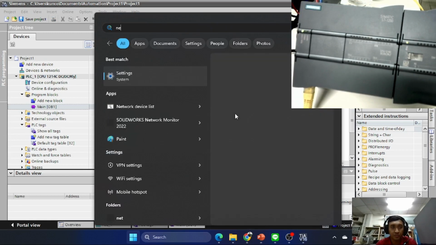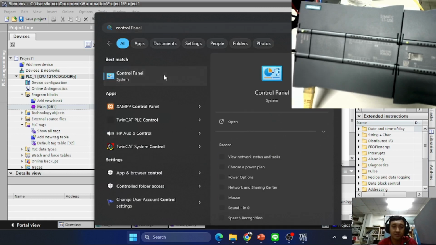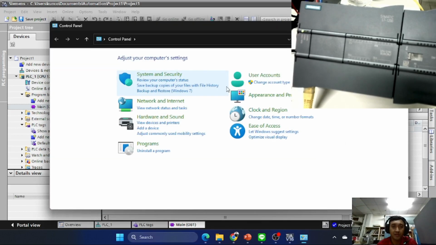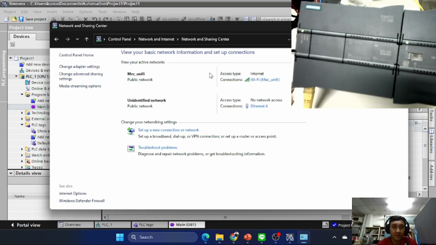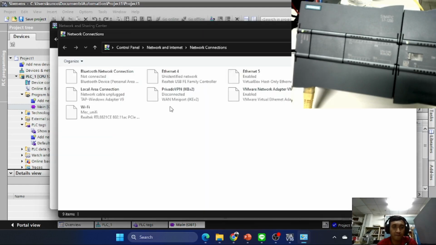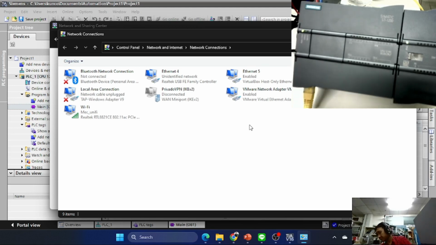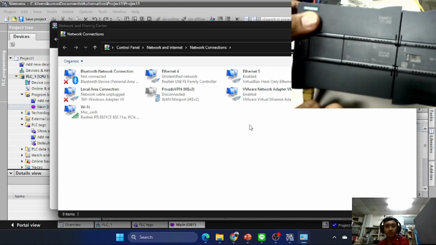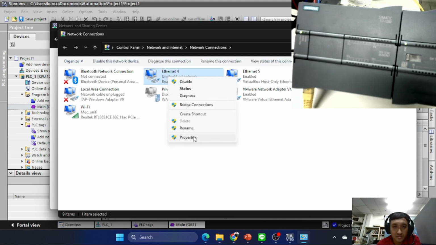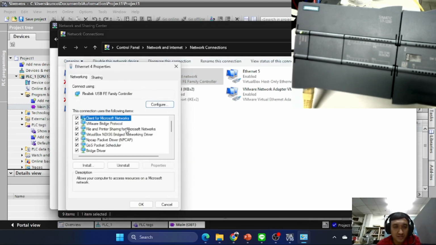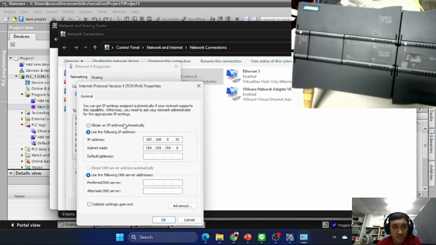We can go to Control Panel, then Network and Internet, Network Sharing, and the adapter, and we can find, yes, this one, Realtek USB, and we need to set the IP for our computer.